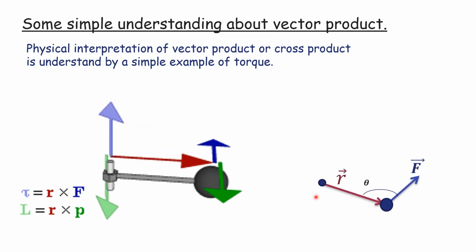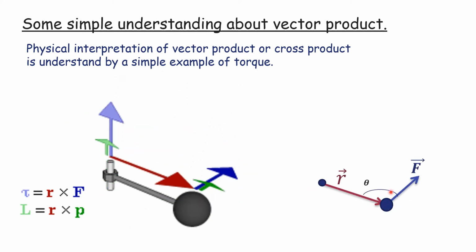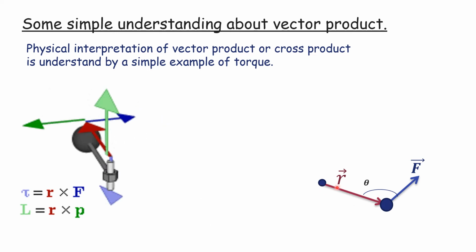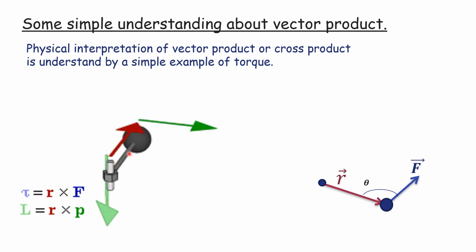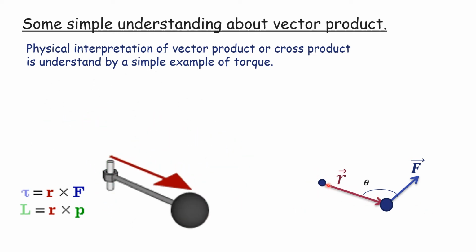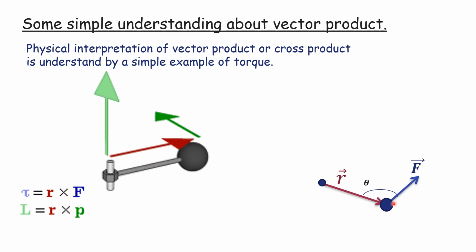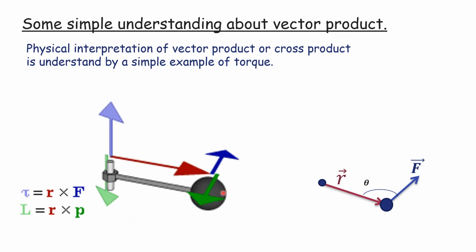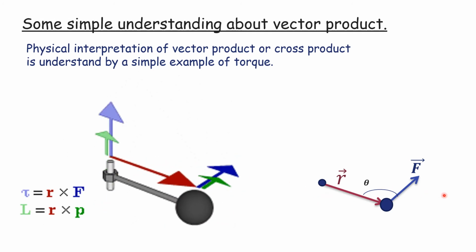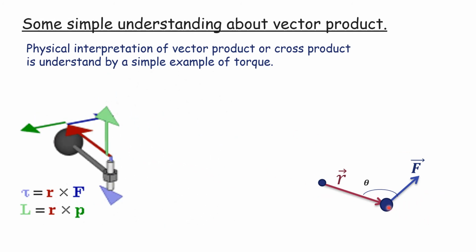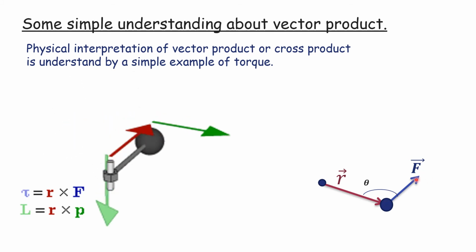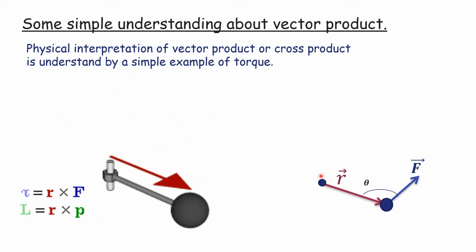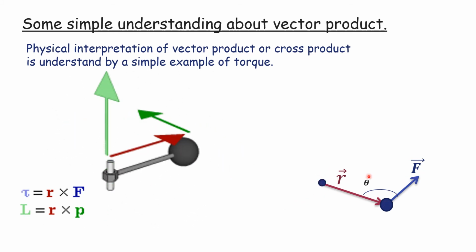Now let this be our object, our nut bolt. This is the radius of this handle, which is our first vector, and we apply force in this direction, or something like this, in the clockwise direction. So if the vector is in this direction, we apply force on this handle in this direction.